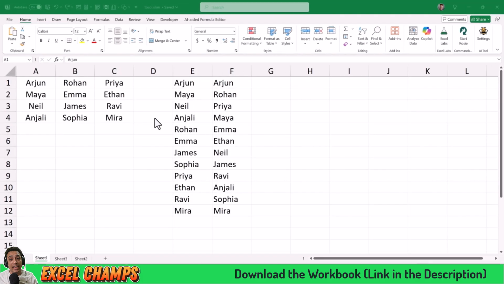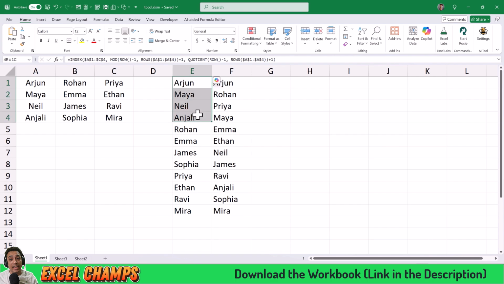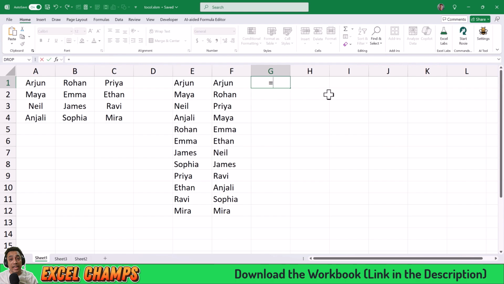So have a look. Now here you can see I have already written this formula where I get values column wise. I get the first column, and then the second column, and then the third column. And here I get values row wise, like first row, second row, third row, and then the fourth row. Now I'm going to show you how to write this function, and I'm going to write this function in 3 different parts. So first of all, I'm going to use this function QUOTIENT